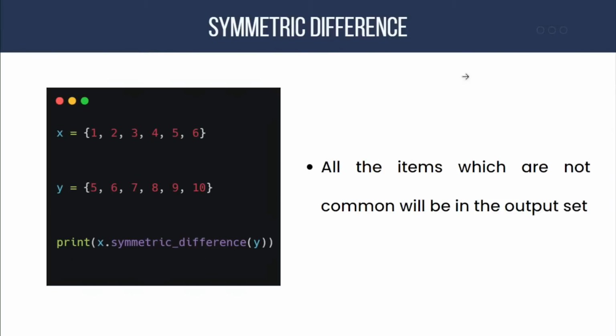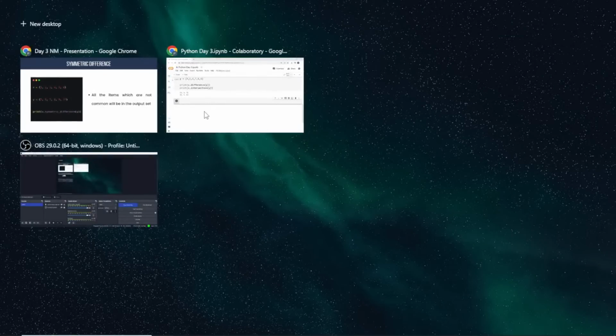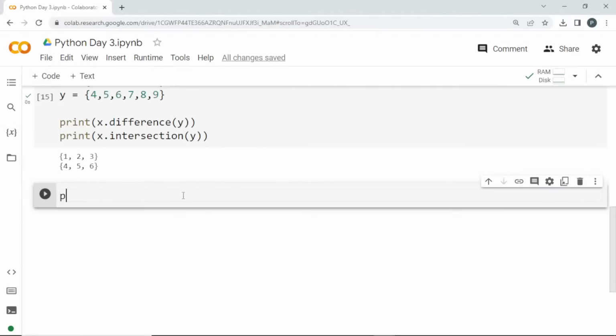The next one will be symmetric difference, which means finding all the elements which are not common, and those will be in the output set. So we'll be getting a set, and all the elements which are not common, it will take that and print that alone in the result. I can do print